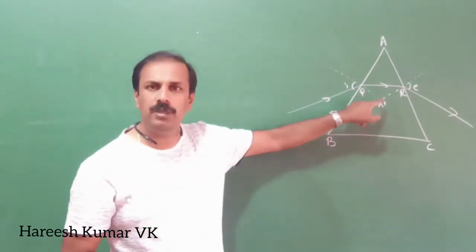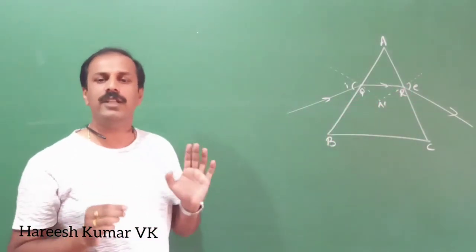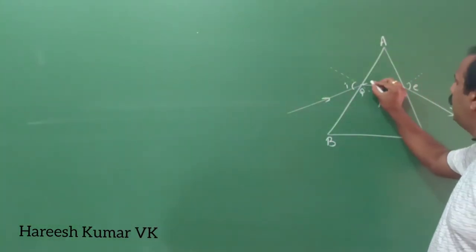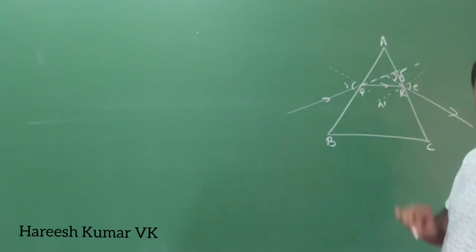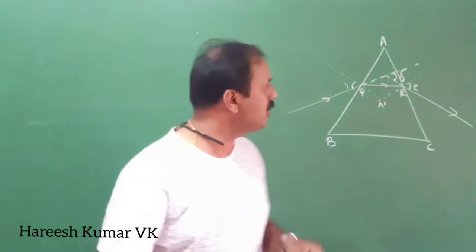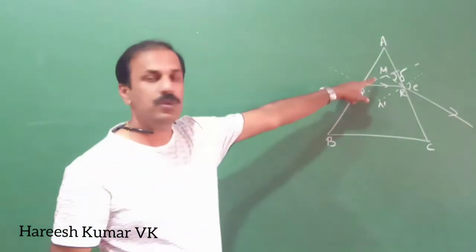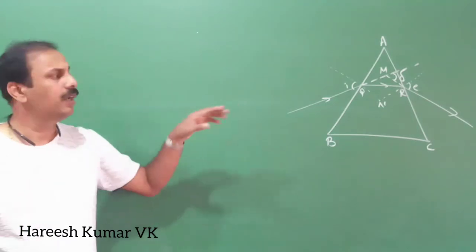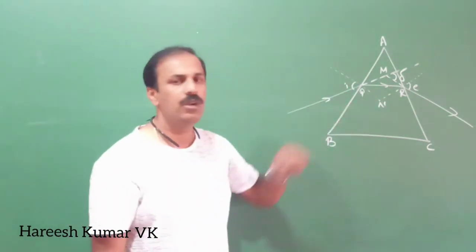Here the ray undergoes a little bit of deviation, and the remaining deviation occurs here. If you want to find how much deviation there actually is, the method is to draw a dotted line like this here, and another dotted line here. This delta is the actual angle of deviation, and this meeting point I am taking as M. So this delta is the actual deviation of our light ray. This diagram is very important, so first you have to draw this diagram.